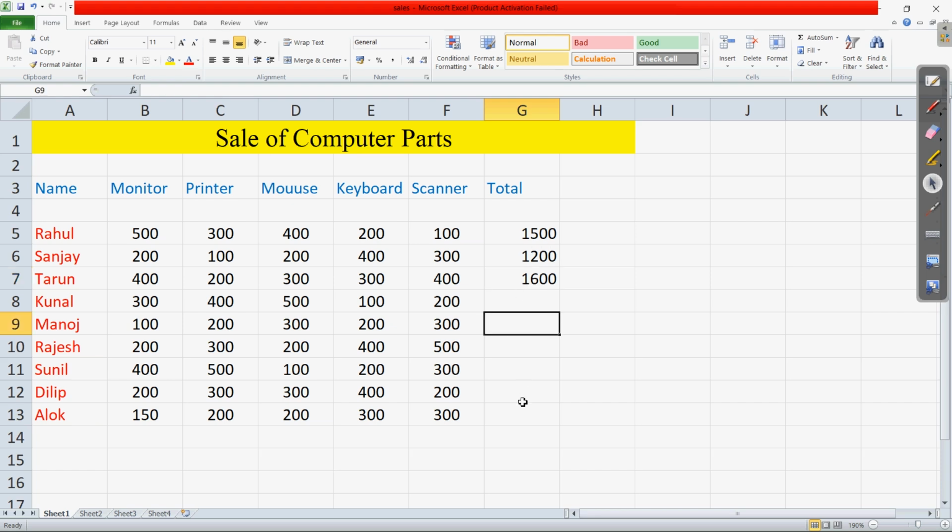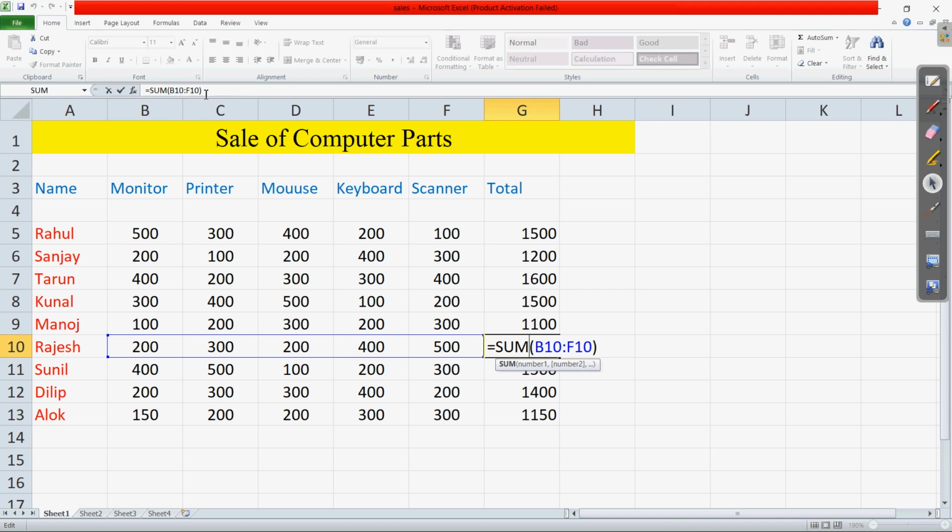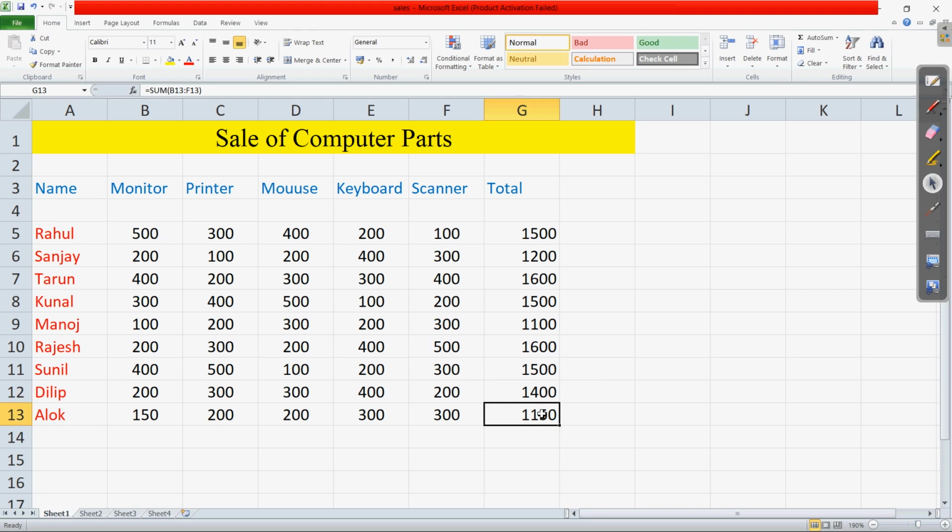If we want to apply the same in all of these, do we need to write the formula in each of these? No, we have another way also. After writing a single one, you can drag it down and the formula will be applied to each of these. Clear? So here you can see the different totals of all these rows are in front of us. Clear? So if you click in any of these, it will have the formula automatically applied for each of these. Okay, so this is the advantage, and this way this saves our time.